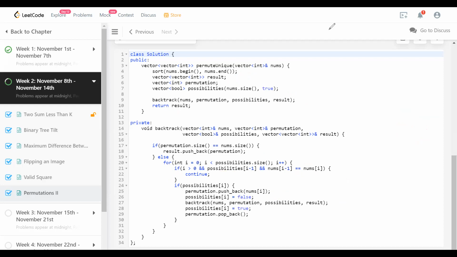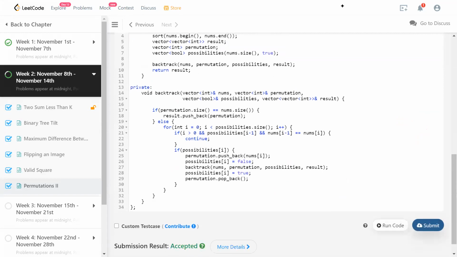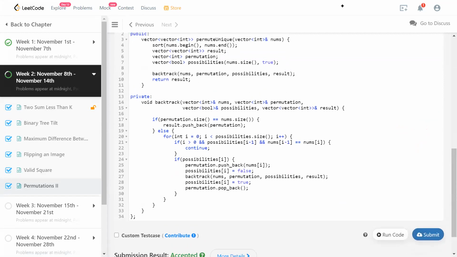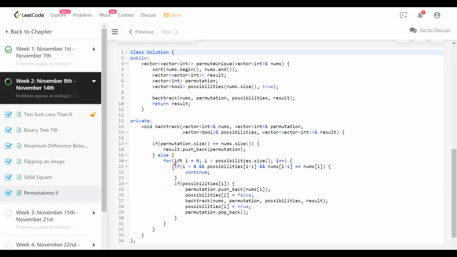This is the classic backtracking way of doing it. Let me submit and show you it is accepting. It's going to accept it, because we need to generate all possibilities, and we are not doing it inefficiently by trying out something which is not a permutation. We are skipping all of those things which are going to lead to repeated permutations early in this tree. So this is probably the most efficient way of doing it.